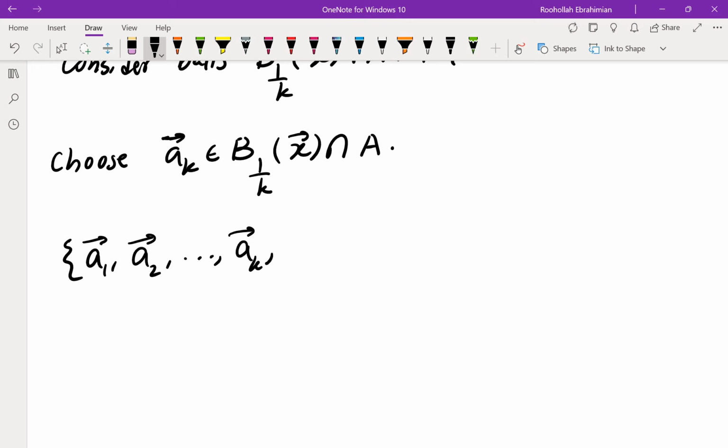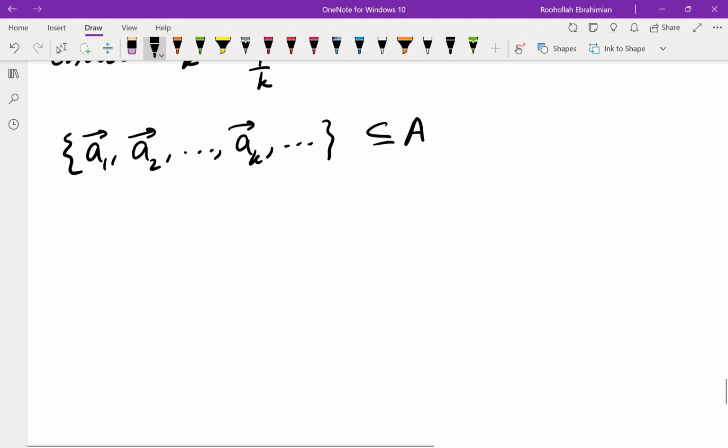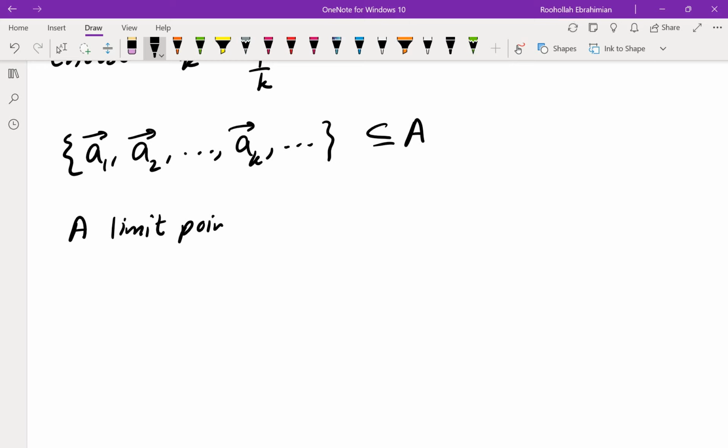The kth one would be AK. This is inside A. This is an infinite set. So there must be a limit point of this set S